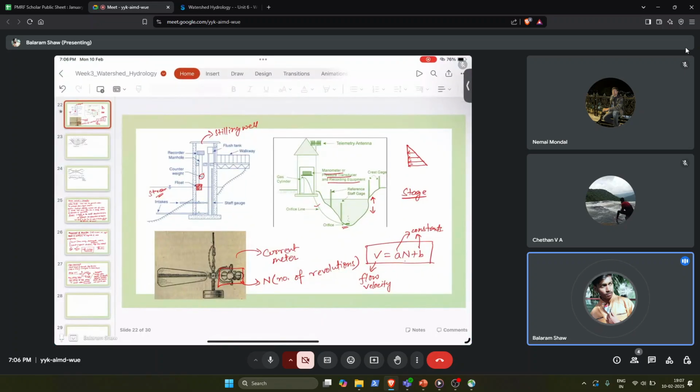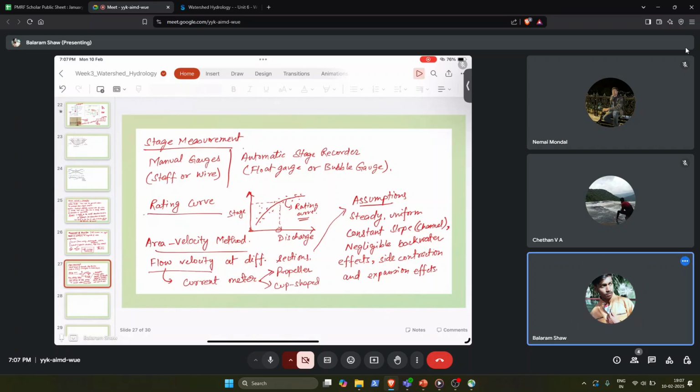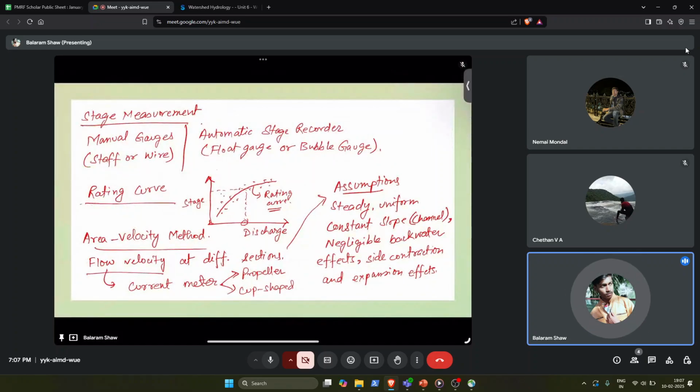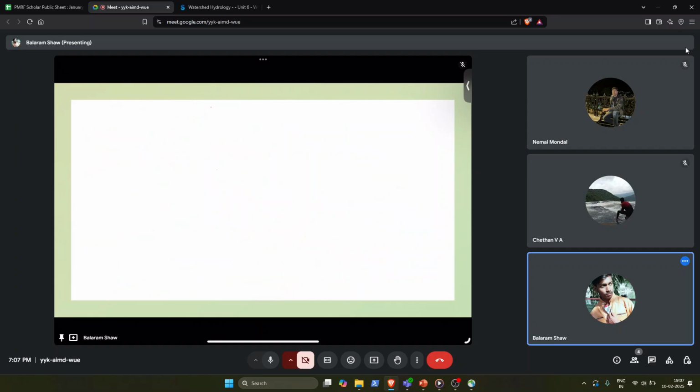Okay, so we have studied how the current meter looks. Now with that current meter, we can calculate the velocity, and if you multiply by the area, then we get the discharge, right? This is both for propeller-shaped or cup-shaped. So if I write again the current meter,